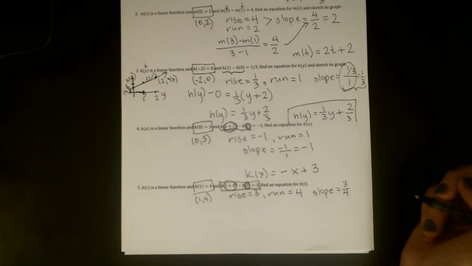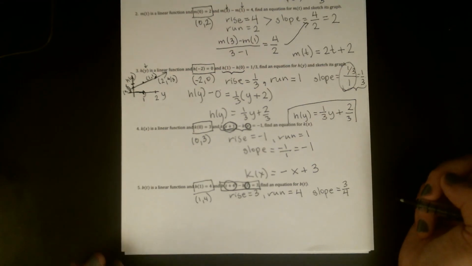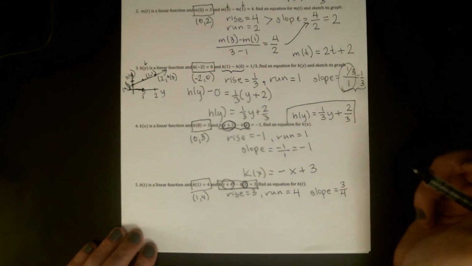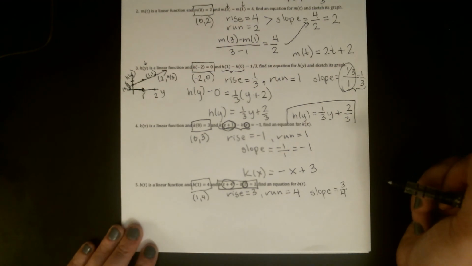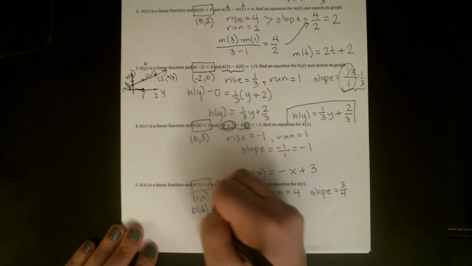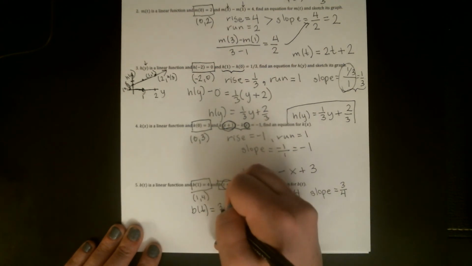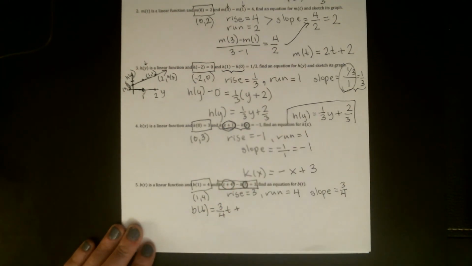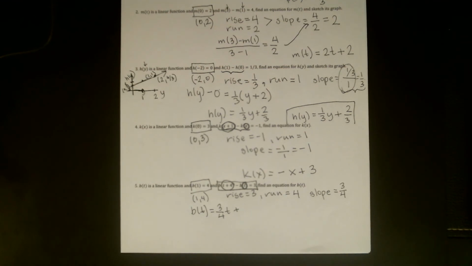Okay, so this time, again, you can absolutely use point slope form. I have no problems with it, but you don't have to. If you prefer to always use slope intercept form, I tend to use it more often. You can find your b value without using point slope form. So let's just start with the information we have. So far, we know that b of t is equal to 3/4 t plus mystery unknown value of our y-coordinate